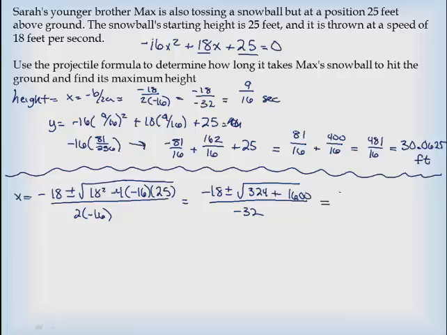So that will give me negative 18 plus or minus the square root of 1924 over negative 32,